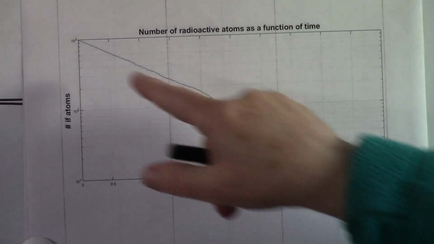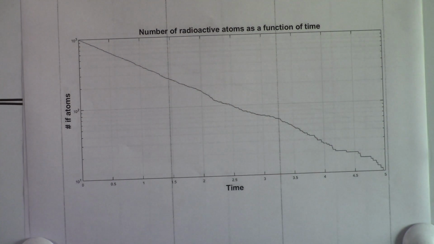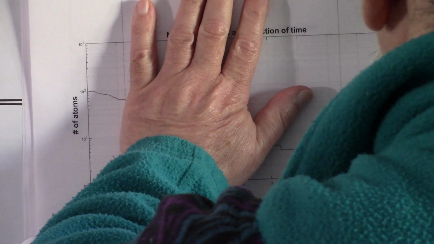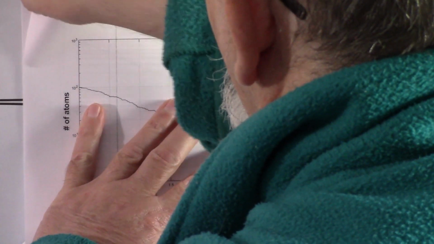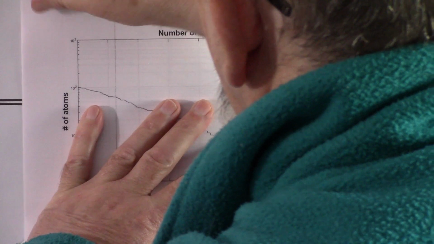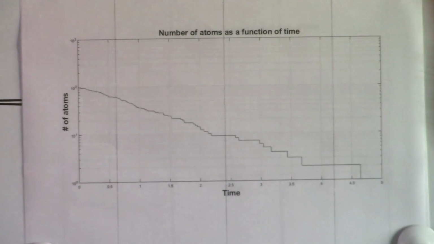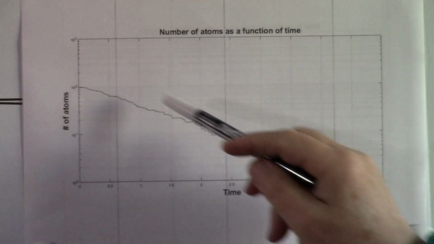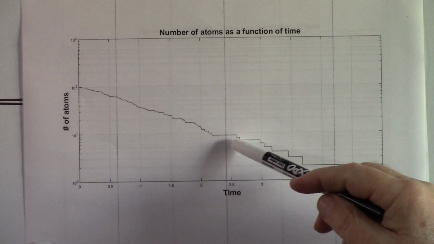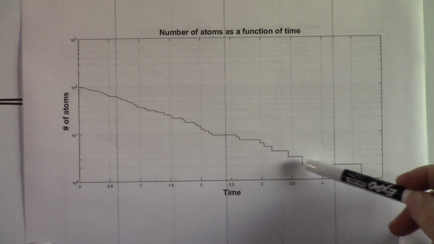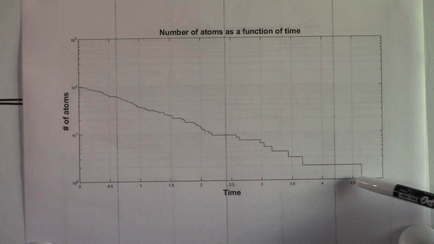So here I start from 1,000 atoms. And what happens if we start from smaller number of atoms, say 100 atoms? We'll have the following picture. One moment. This picture. So you see here this stepwise character of the graph is much more clear,